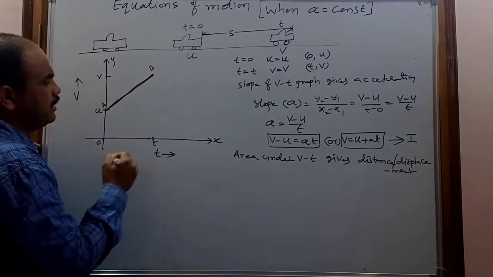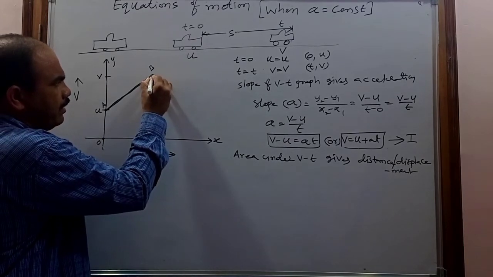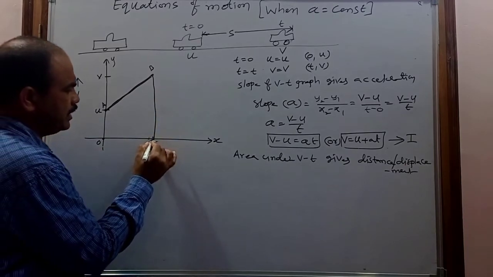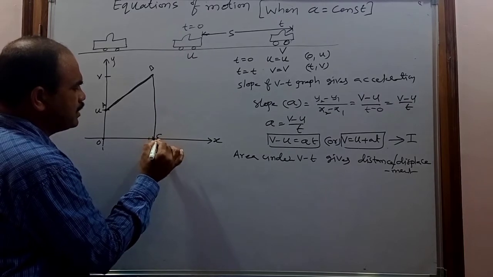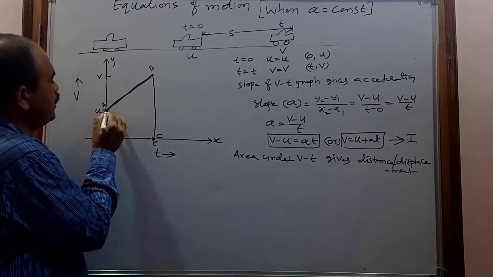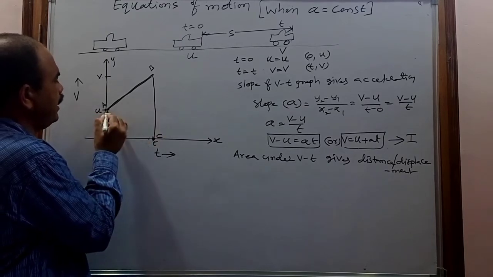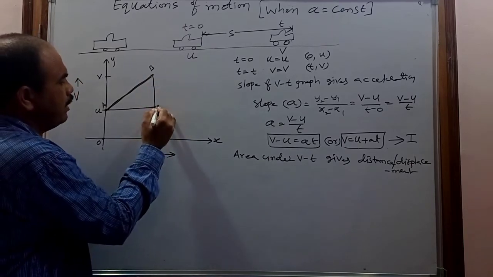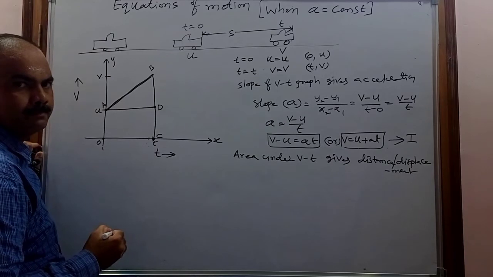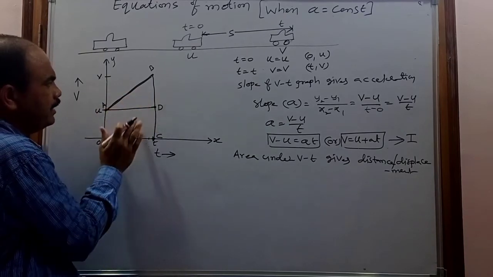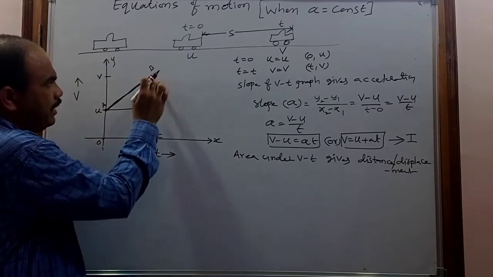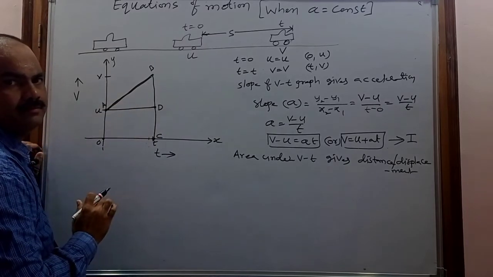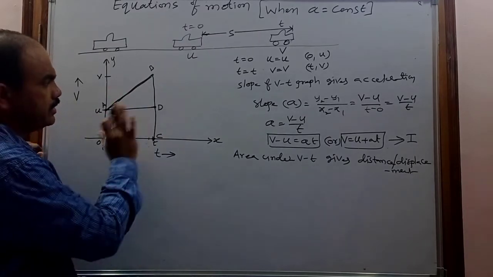To find the area under this graph, I am going to draw a perpendicular from point B to the x-axis. It will intersect the x-axis somewhere, and that point will be considered C. After that I am going to draw another perpendicular from A to this line. It will intersect somewhere on the BC line, and that point will be considered D. To find the area, I am dividing this area into 2 parts. When I draw these 2 perpendiculars, you get 2 shapes: one is a rectangle and another one is a triangle. So now you can easily find the area.